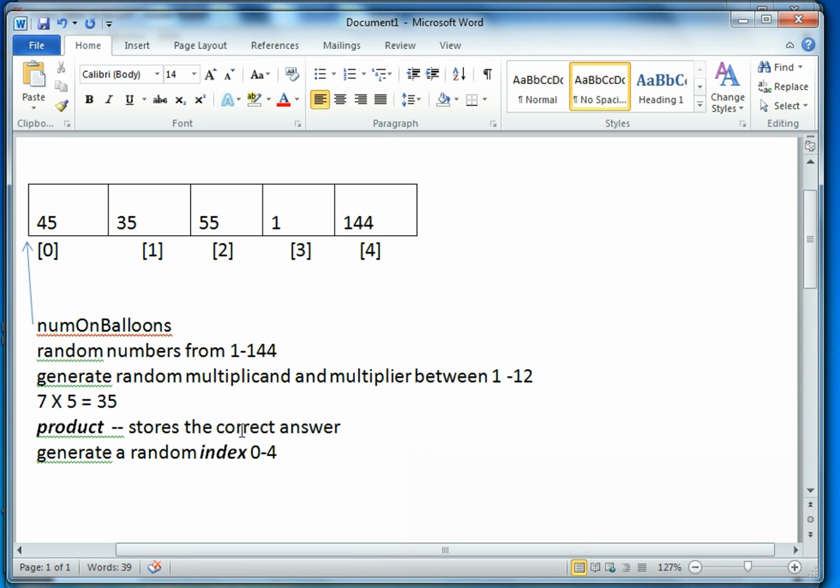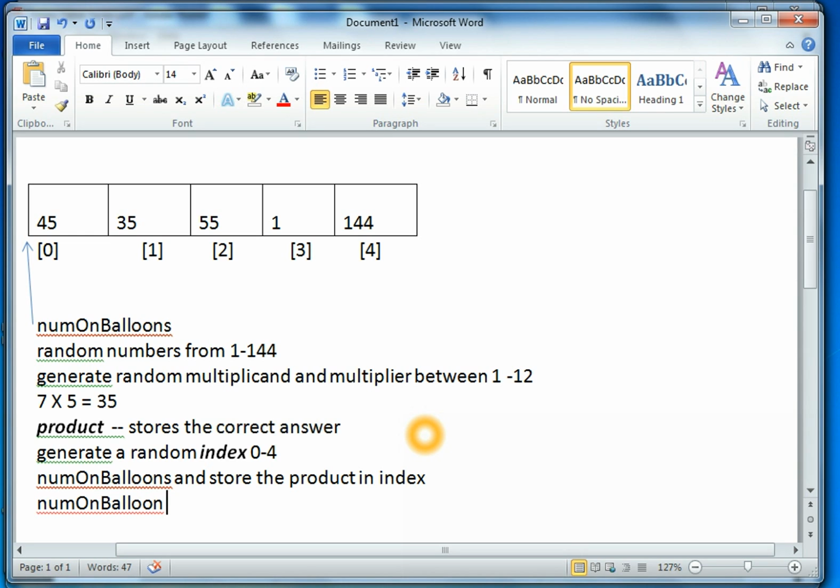go into the array num on balloons, and store the actual 35, or the product, in index. Okay, so in this example, if I was to write that num on balloons, because I don't want to give you the solution, I'm just explaining one instance of it. Num on balloons will become,